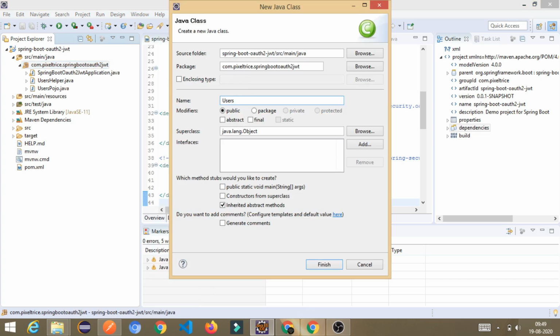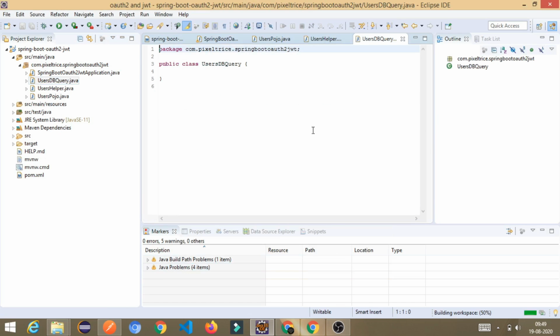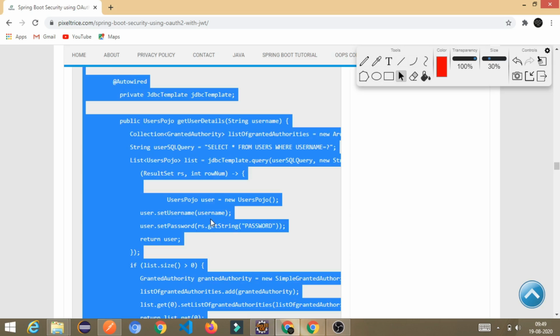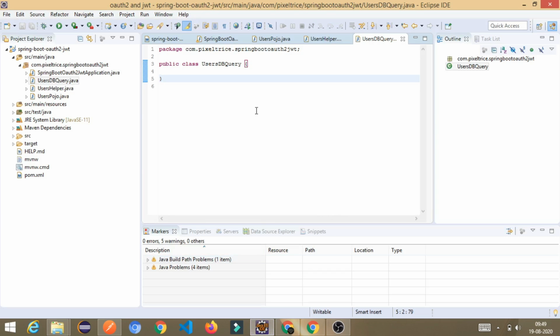So I'm giving the name UsersDBQuery. It is very good. If you give the name DBQuery, it means this class is responsible for accessing the data from the database. I've created this and just go here. I will copy this code and paste it here.